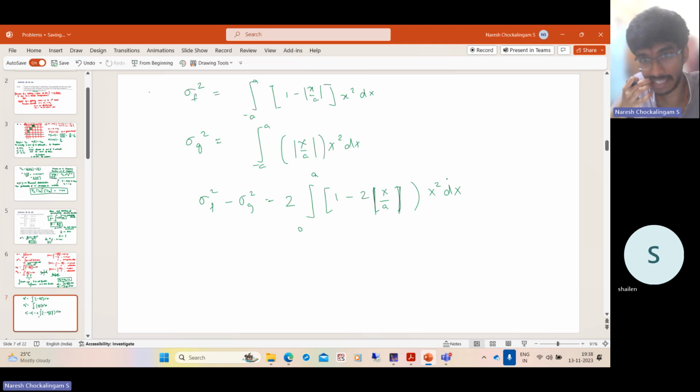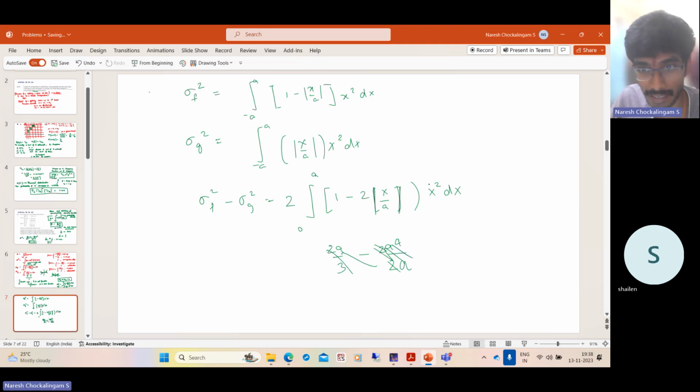So this is not 0 in general. If you integrate the first one, you get something x by 3. So it is something like 2a by 3 minus this, you can remove the mod. So you get some 2x cube. So that becomes x power 4 by 4. So it is a power 4 by 2a. There's also another 2, so that 2 gets cancelled. So this is something like 2a by 3 minus,